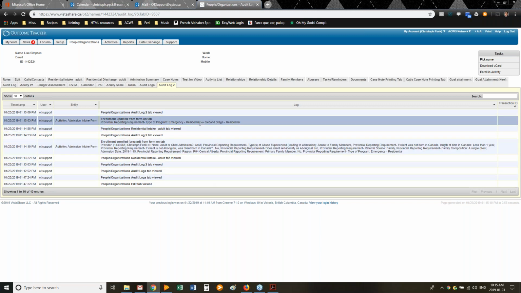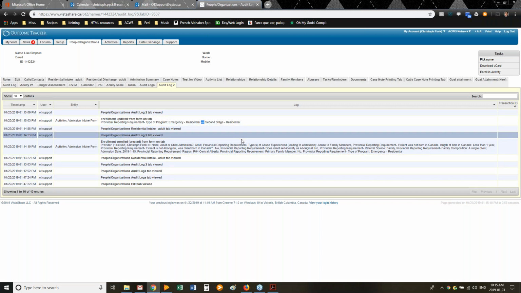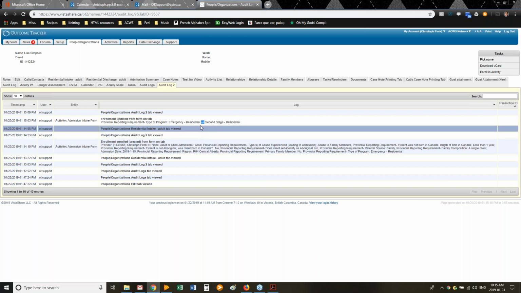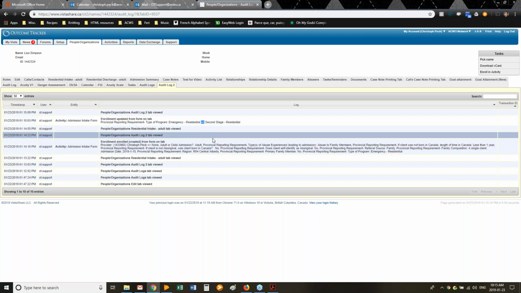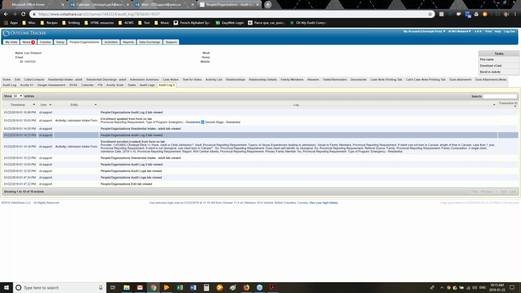One thing that I find useful is this right here, which denotes that a change has been made. And so when I'm trying to find edits, which if you're looking at an audit log for a client's file, you're probably trying to find the edits that have been made, what I find useful is to take this, copy it, Control C, and